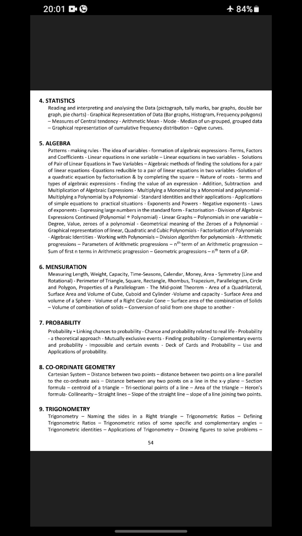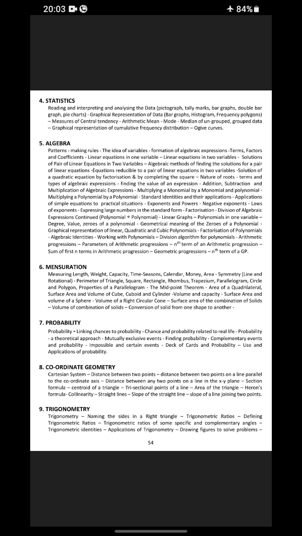to another, probability, linking chances to real life probability, a theoretical approach, mutually exclusive events, finding probability, complementary events and probability, impossible and certain events, deck of cards and probability, use and applications of probability, coordinate geometry, Cartesian system, distance between 2 points, distance between 2 points on a line parallel to the coordinate axis, distance between any 2 points on a line in the x-y plane, section formula, centroid of a triangle, trisection point of a